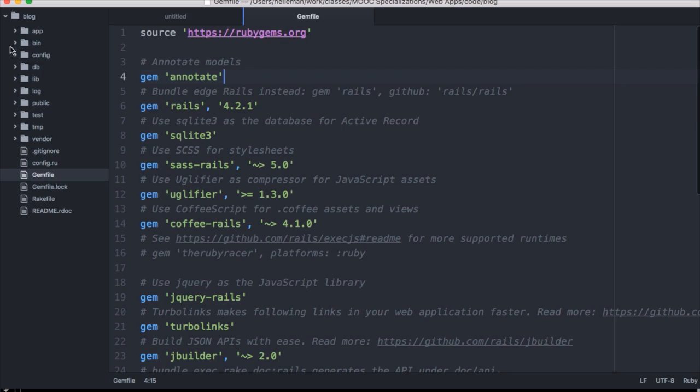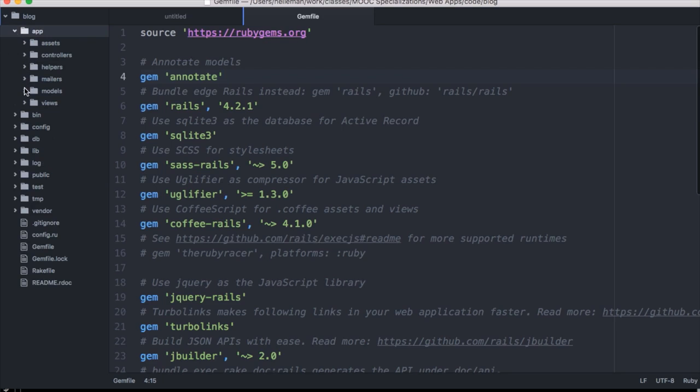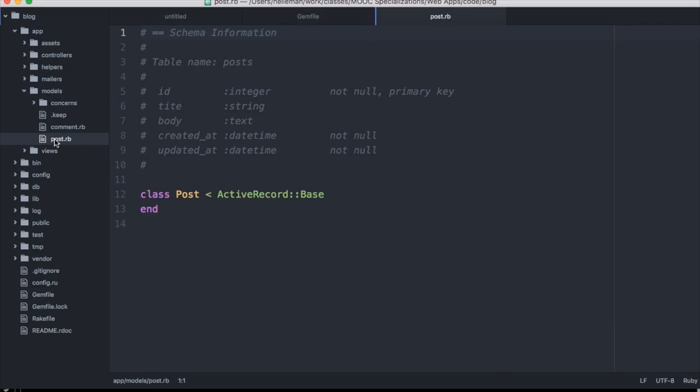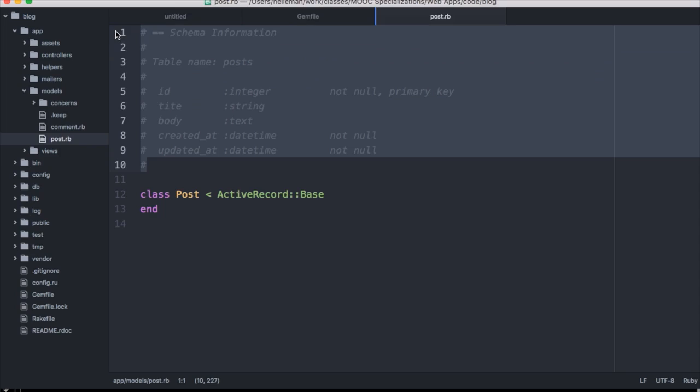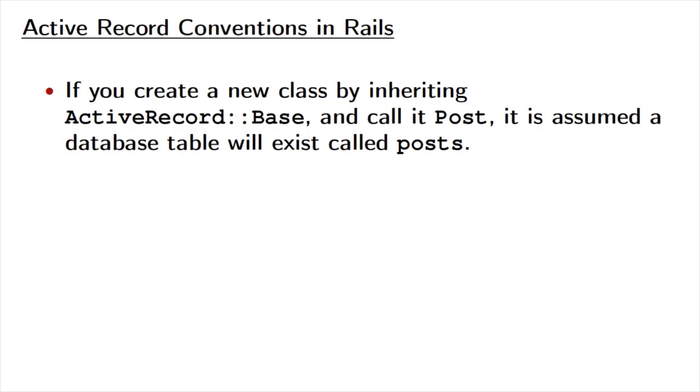If we open up app models, let's take a look at the post. You'll see that it's added comments with all of this information that came from the schema.rb file. If you create a new class by inheriting from Active Record Base and call it, say, post, then it assumes that there's a database table that exists called posts. So Active Record automatically pluralizes the name of the class, and then it looks for a table with that pluralized